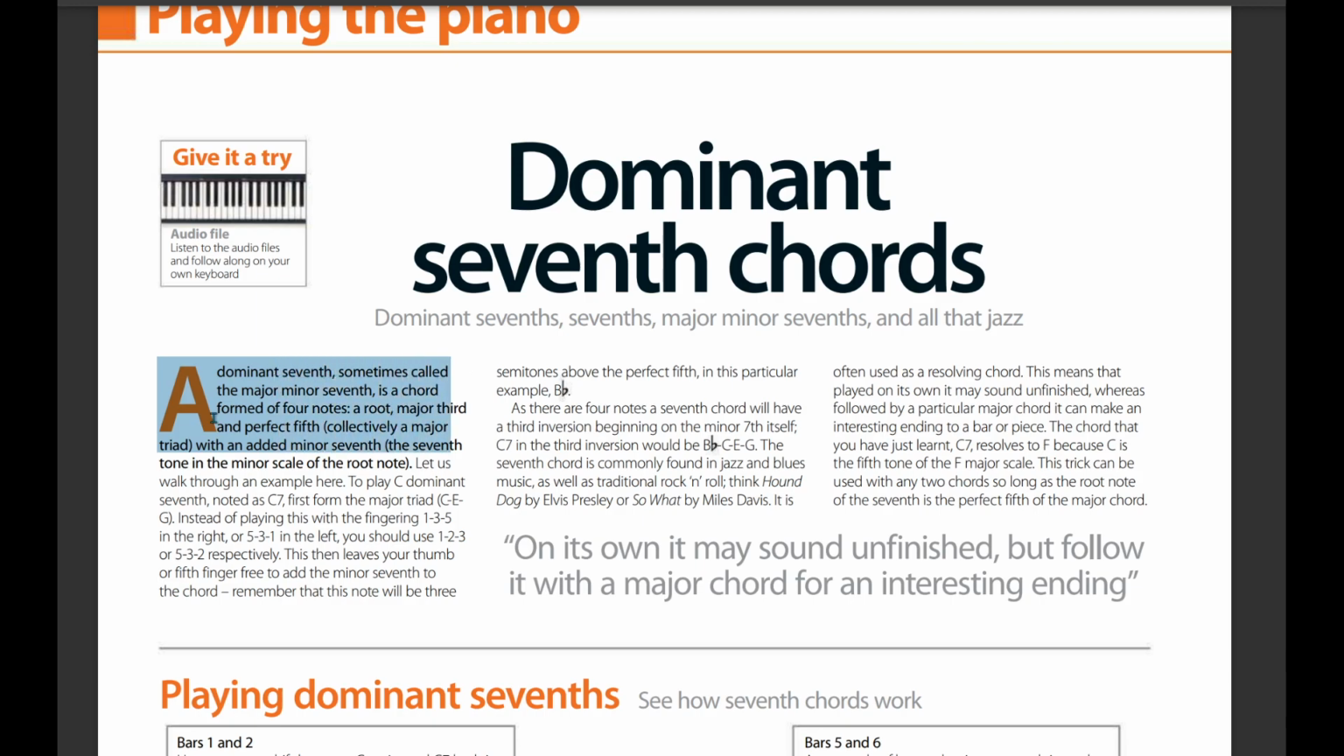Dominant 7, sometimes called the major minor 7, is a chord formed of 4 notes: a root, major third, and a perfect fifth, with an added minor 7th tone. Let's walk through an example here. To play C dominant 7, known as C7,